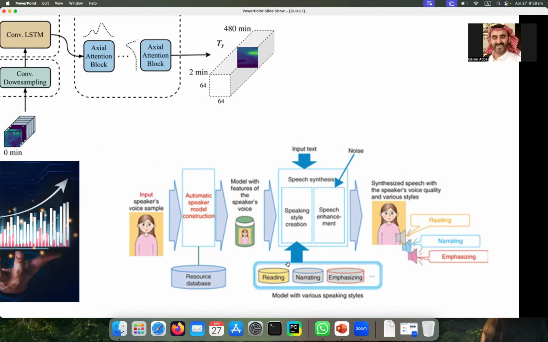So now I have all the styles here: reading, narrating, emphasizing. I will use you all for reading, for narrating, for emphasizing. Emphasizing is putting focus on some parts of the sentence, on some words. So anyhow, I have all these styles. When that text comes here, I will apply all these styles on that text.